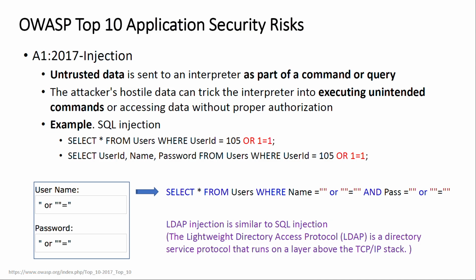So let's start with injection. The thing is, untrusted data is sent to an interpreter as part of a command or query. The attacker's hostile data can trick the interpreter into executing unintended commands or accessing data without proper authorization. Injection can be done on any platform, but most of the time